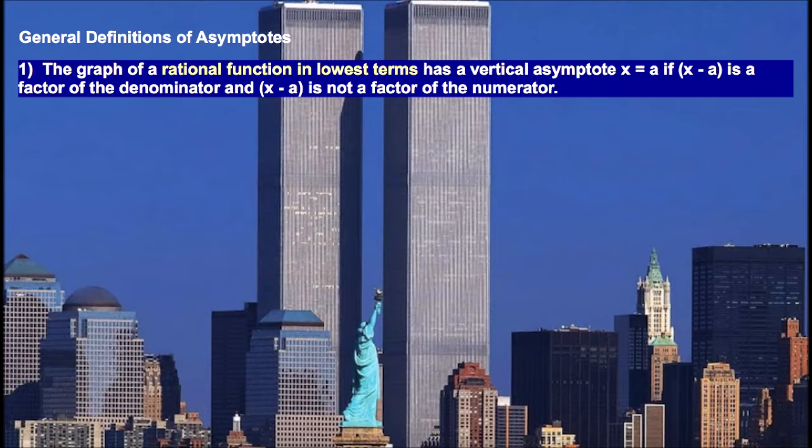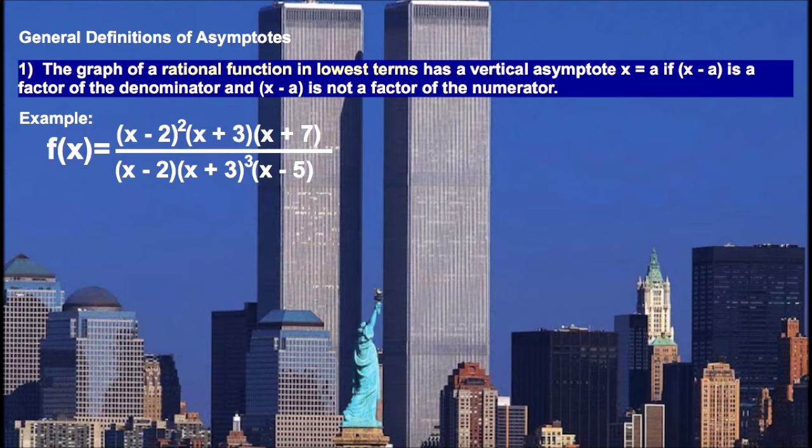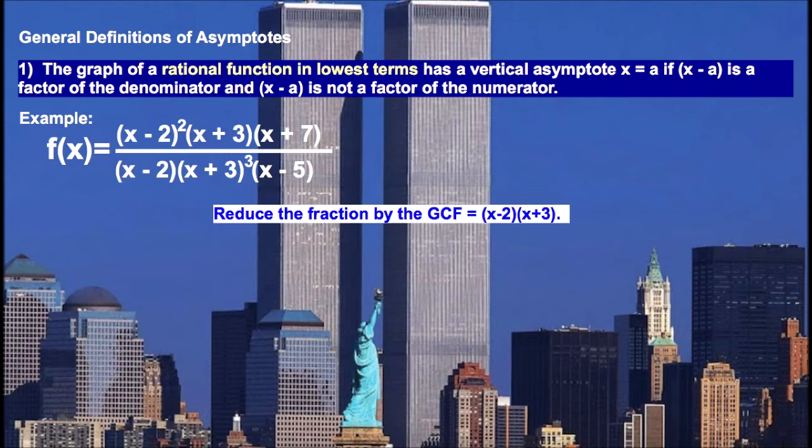The graph of a rational function in lowest terms has a vertical asymptote x equals a if x minus a is a factor of the denominator and x minus a is not a factor of the numerator. Example: f of x equals the quantity x minus 2 squared times x plus 3 times x plus 7, everything over the quantity x minus 2 times the quantity x plus 3 cubed times the quantity x minus 5. Reduce the fraction by the GCF, the quantity x minus 2 times the quantity x plus 3,